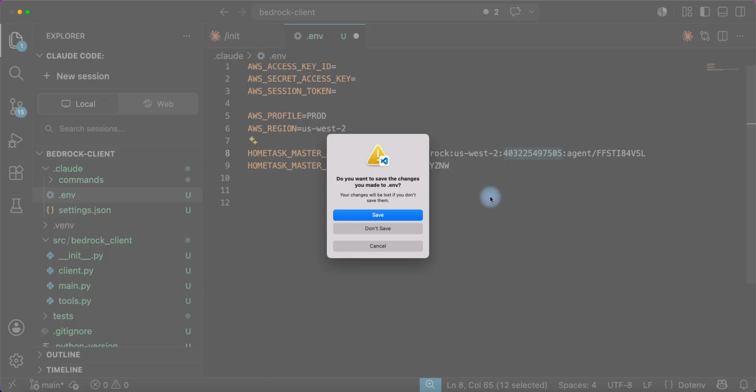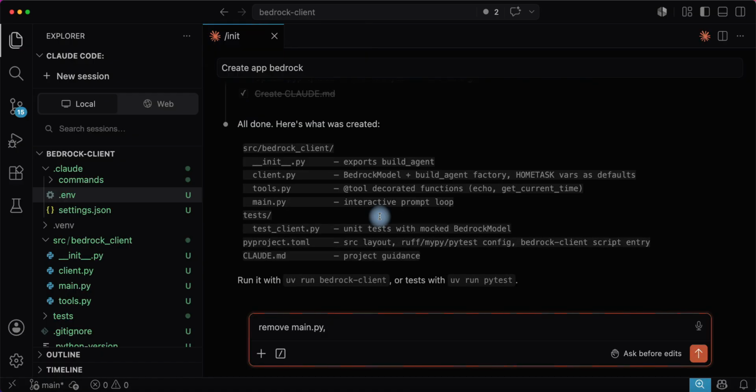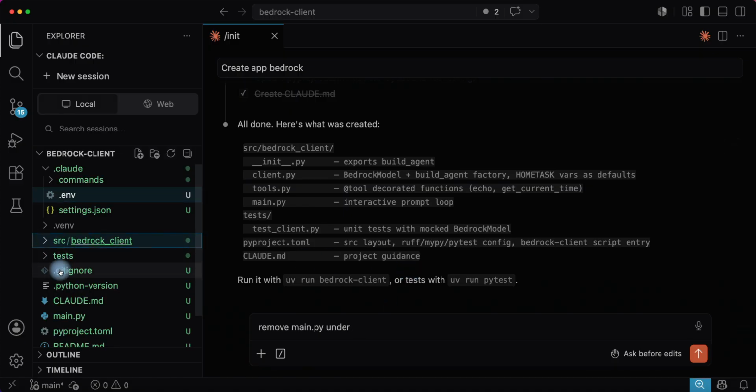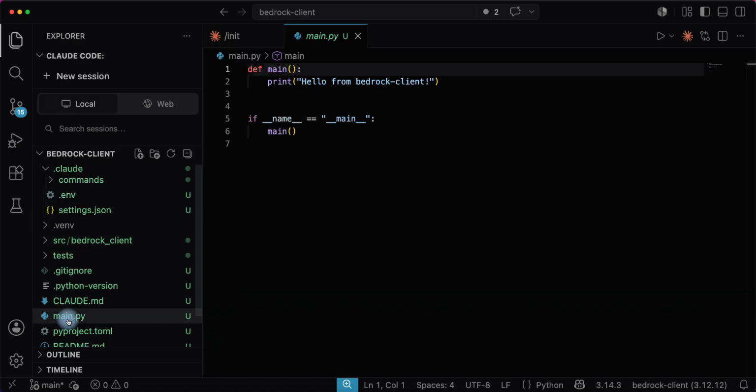Remove that main. What happened? Okay, I don't want to remove this main. I want to remove this main. And notice if I click here and I click delete, I can't do it. So what I could do, I'm